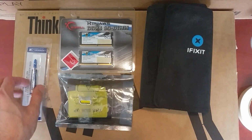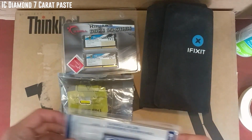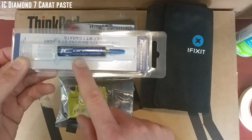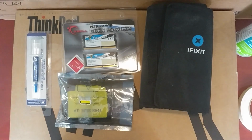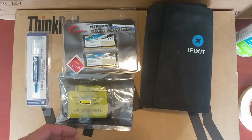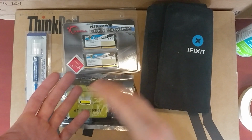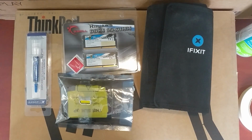And today we're also going to be repasting the laptop with IC Diamond, and the reason for this is because this stuff doesn't really dry out. So like with normal liquid pastes, with the heating and cooling, the paste will end up drying out, and sometimes when you lift the cooler off the CPU, you'll notice that it's kind of like baked out and it looks like there's spots missing. Well, that is a problem, because if there's air gaps, then air doesn't transmit heat and